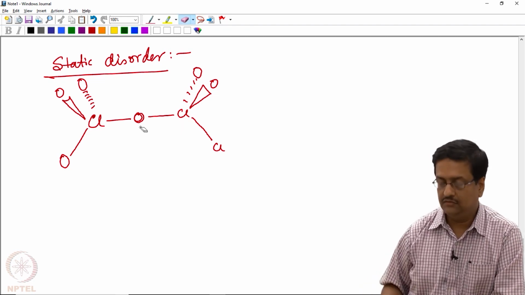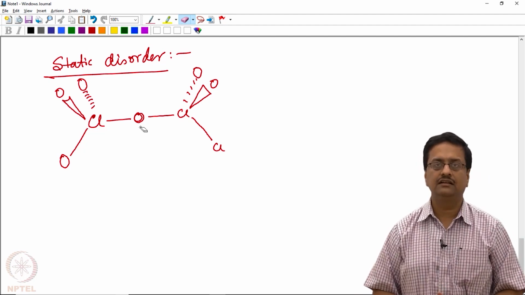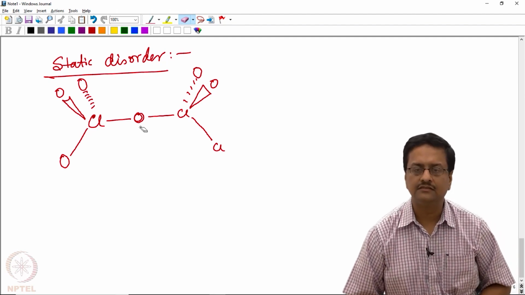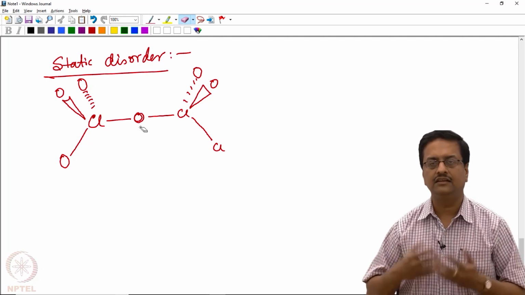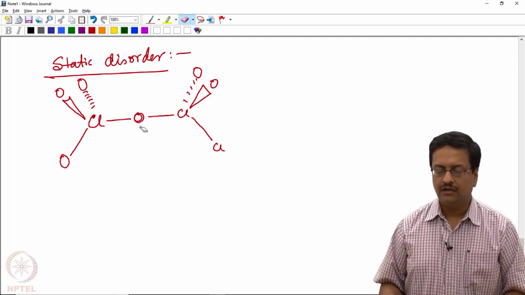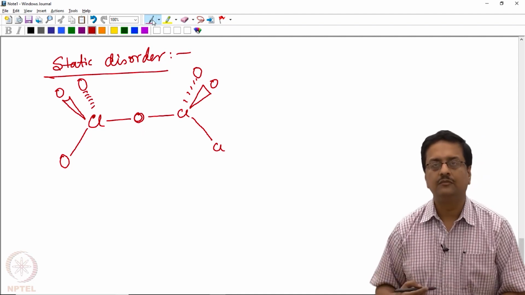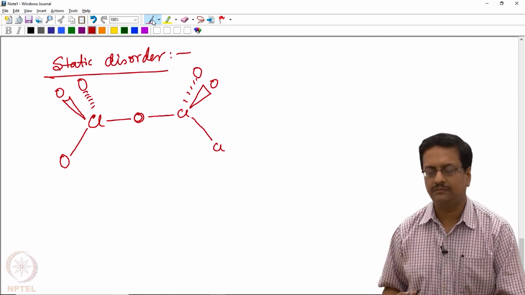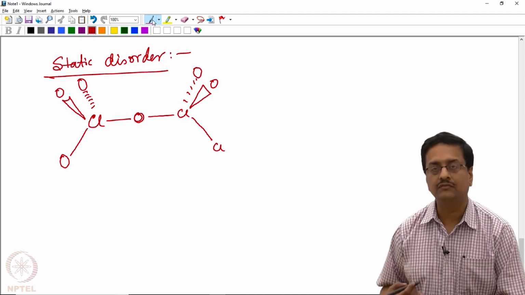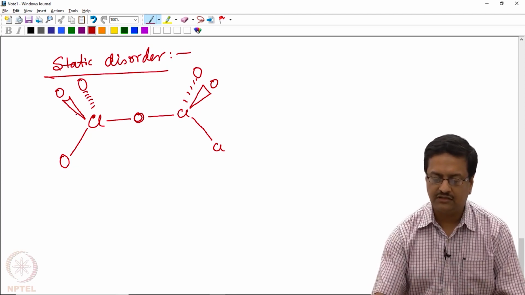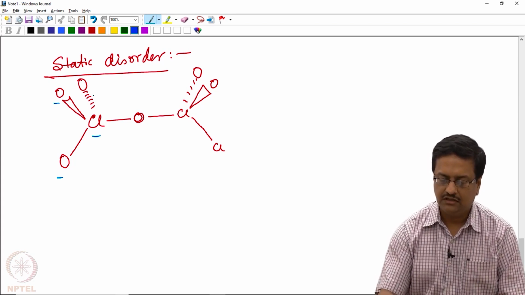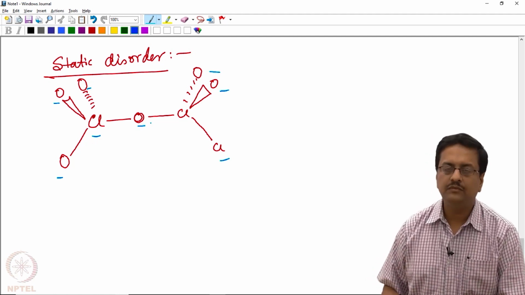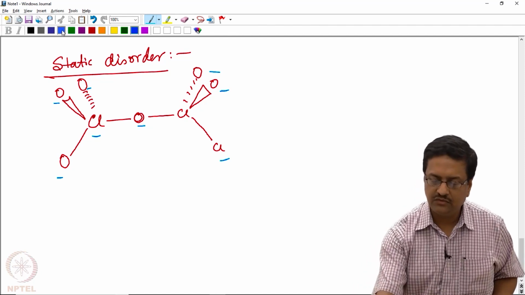And these 2 different orientations of the perchlorate are not a result of thermal motion. It is an intrinsic disorder that is present in the lattice. So the perchlorate anion at different sites is oriented in different ways. This particular type of disorder cannot be lowered or reduced or removed by lowering the temperature. If you lower the temperature, the maximum that will happen is the thermal motion of those individual oxygen and chlorine atoms will reduce, but still you will be able to see that in the asymmetric unit